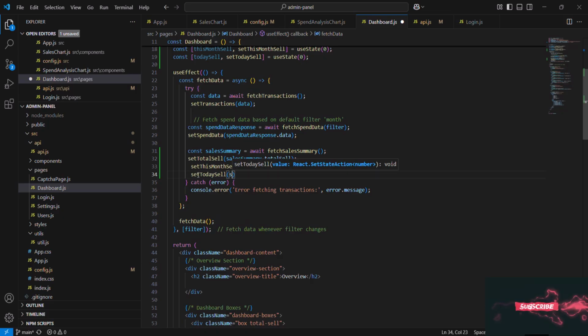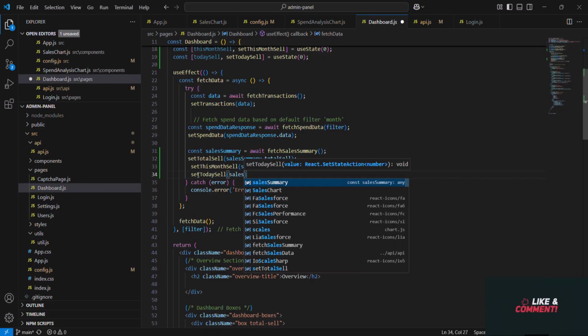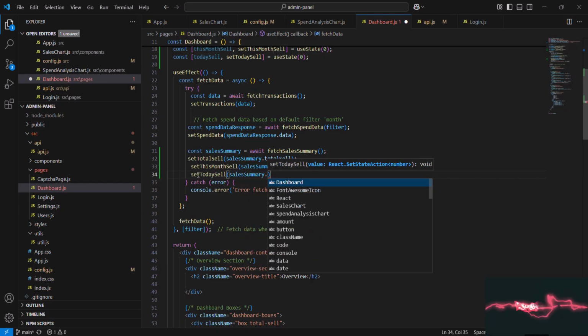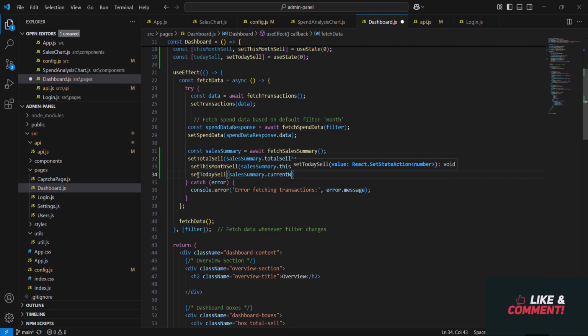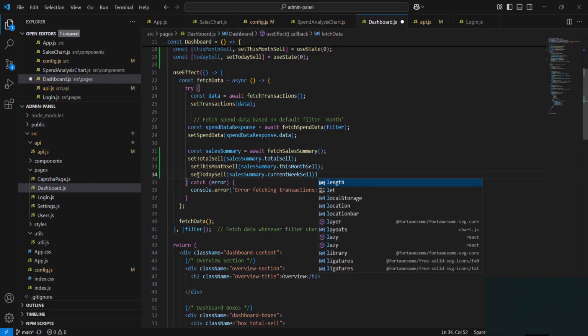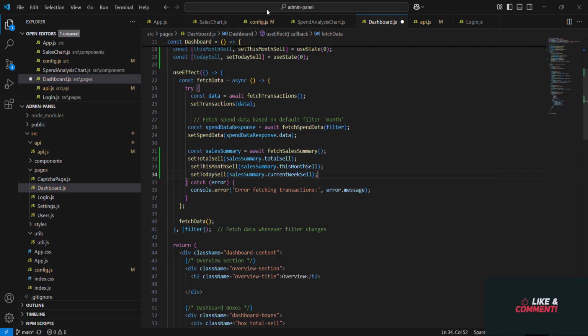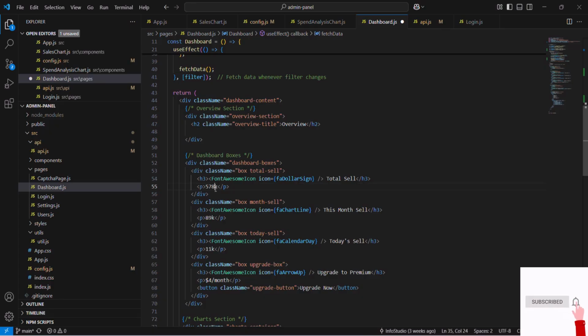Once the response comes back, we extract the 3 values, total sell, this month's sell, and today's sell, and set them into state. By the way, on the dashboard we are going to show the value of the current week's sale as today's sale. Now that we have live data in our state, we will update the 3 dashboard boxes.